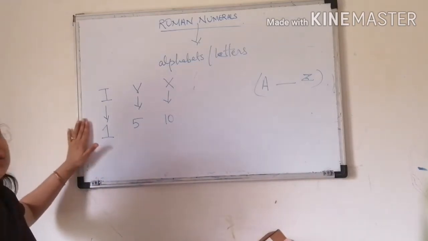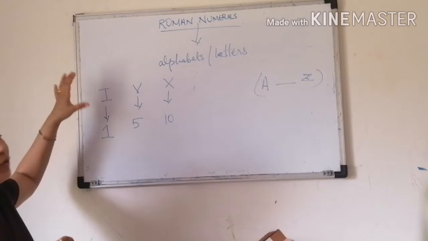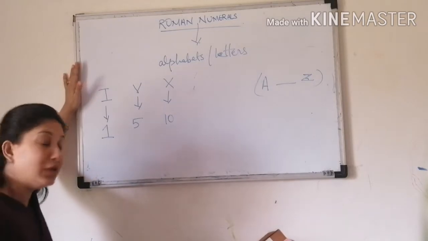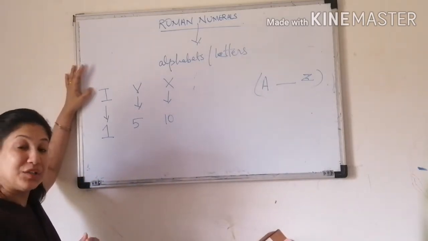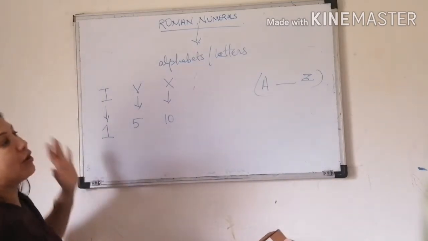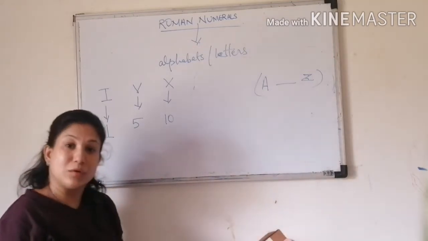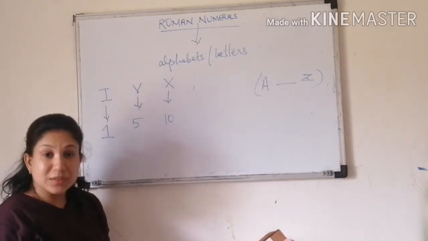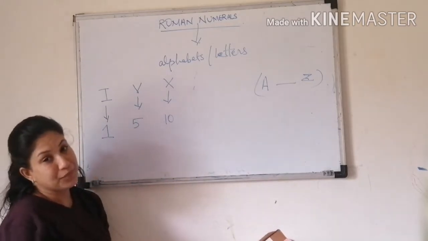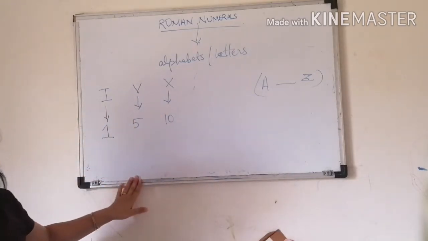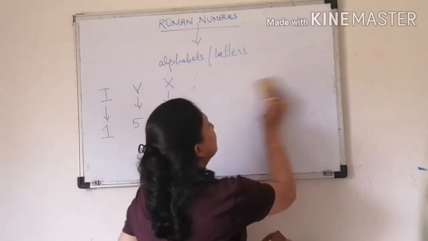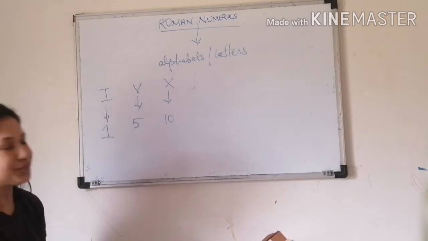You move to your classes, you see the board outside the class and then you enter the class. You want to go to the second day, you see the numbers. Basically in school, the classes are mentioned outside on that board using Roman numbers. Or you take the example of many wall clocks, or even your watches. Yes, you see the numbers are represented in Roman number form. So till 1, 5 and 10 it is very easy. Most of you know. But after that, I will tell you one trick to learn.